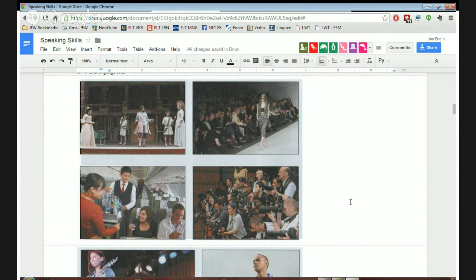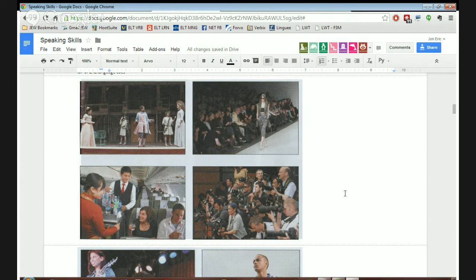So the woman, the model, is walking on the stage. Or maybe the catwalk. If it's a fashion show, we call that the catwalk that goes out to the audience. It is a stage, but when the stage goes out into the audience, it's called a catwalk. Just so you know. Okay?